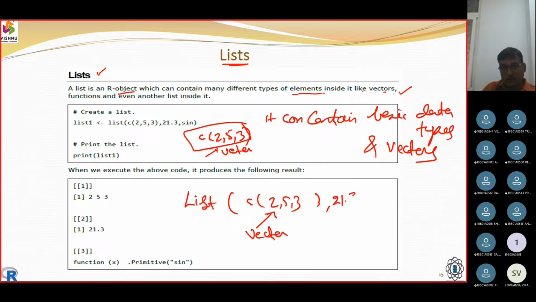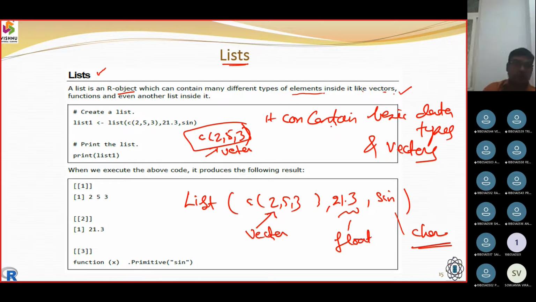Then we gave 21.3, which we call a float. Then we supplied sin, which is assumed here as a character type. So multiple types of data are accepted in the list. This was the takeaway from the slide.